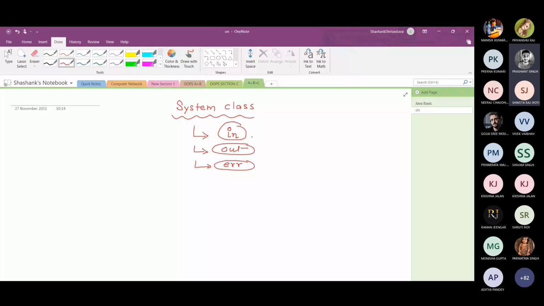Now the question is, if these are the variable names, what is the data type of these variables: in, out, and err? The data type of the in variable is InputStream. This is the data type of this variable. Similarly, not OutputStream, sorry, PrintStream.